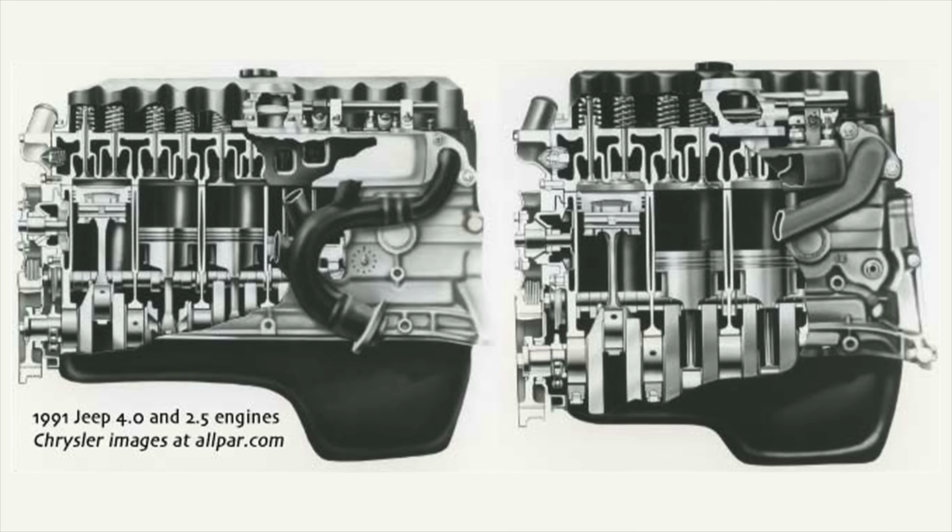Really, the 4-liter and the 2.5 have the same exact architecture, and they have pretty much the same design. As a matter of fact, if you were to just take a 4-liter engine and remove cylinders 3 and 4, you would pretty much end up with exactly a 2.5-liter inline 4-cylinder. Looking at some of the common problems you'll find on a 4-liter, there really surprisingly aren't that many issues with